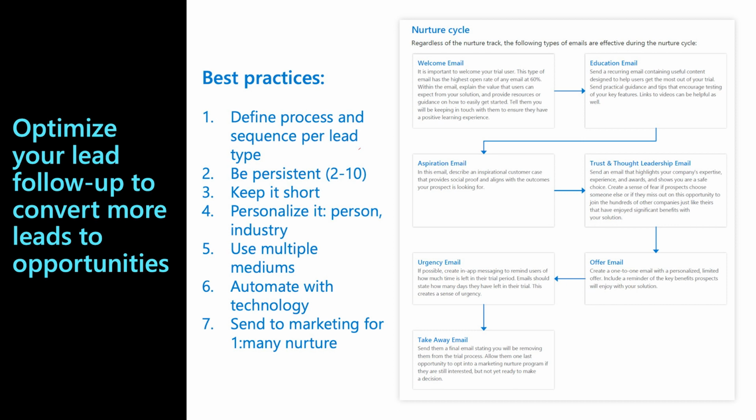Then, as your lead volume increases, it's critical to automate with sales sequencing technology. This is different than marketing automation, which is designed more for that one-to-many engagement. Technologies like sales sequencing or sales engagement ensures that leads don't slip through the cracks, especially as your lead volume increases. Lastly, for the leads that haven't responded or converted, make sure you're putting them into a specific nurture cadence and retargeting them online to stay top of mind. The goal with all of these best practices is to convert more of your marketplace and AppSource leads to opportunities